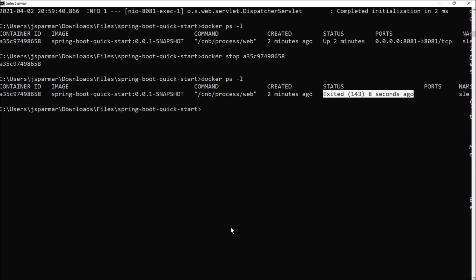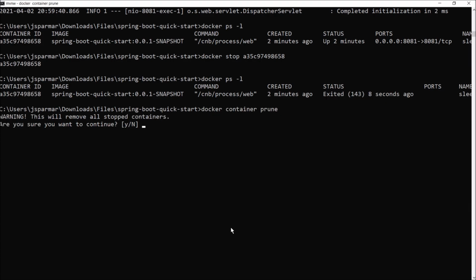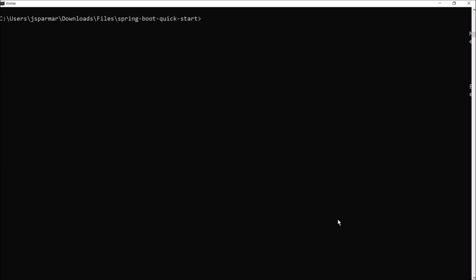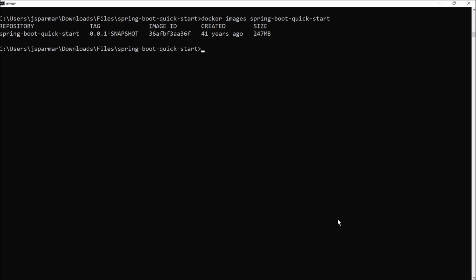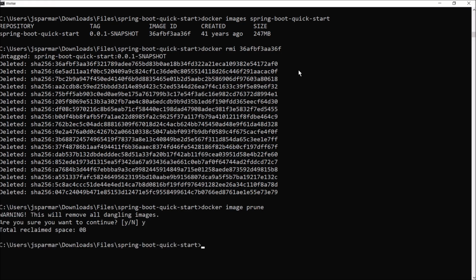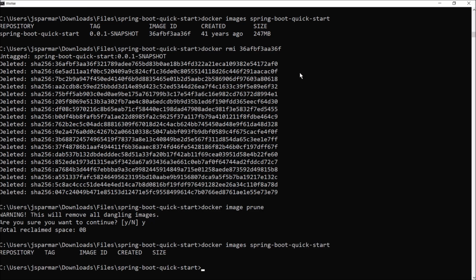So now let's see how to delete the stopped container. Here is the command, and the command is like docker container prune. It is asking for permission, so type y, and here you can see two stopped container deleted. So always delete the container if you are not using it, otherwise it consumes lot of memory. Now again execute the image command. Let's delete this image using the command like docker rmi and image id. See, image deleted successfully, and for cleaning let's execute the command like docker image prune. Here also asking for permission, so type y. Let's execute the image command. See, now no detail is coming.